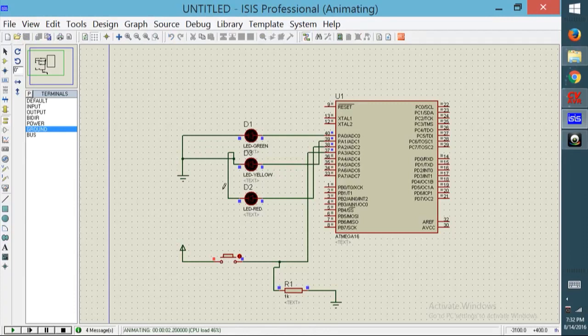In the beginning of the program, I haven't pressed the button, so all the LEDs are off. When I press it, my traffic signal starts working, and when I remove it, it gets off. So that's a little exciting project, and you can work on much higher projects like a polygon LED or LED matrix. There are a lot of exciting projects which you can do on the ATmega by using LEDs, motors and other things.